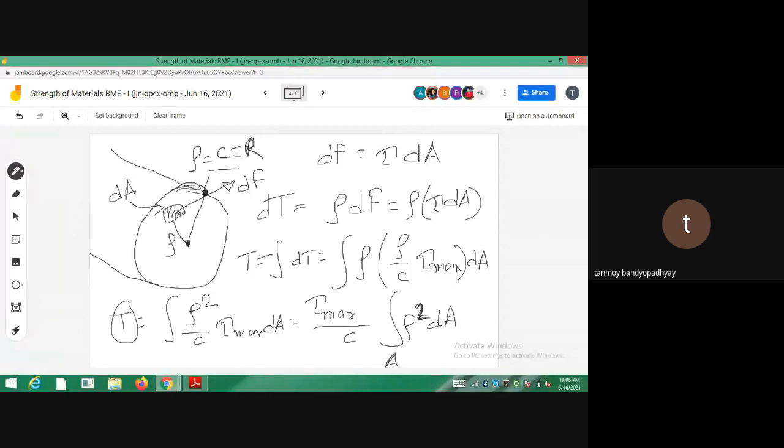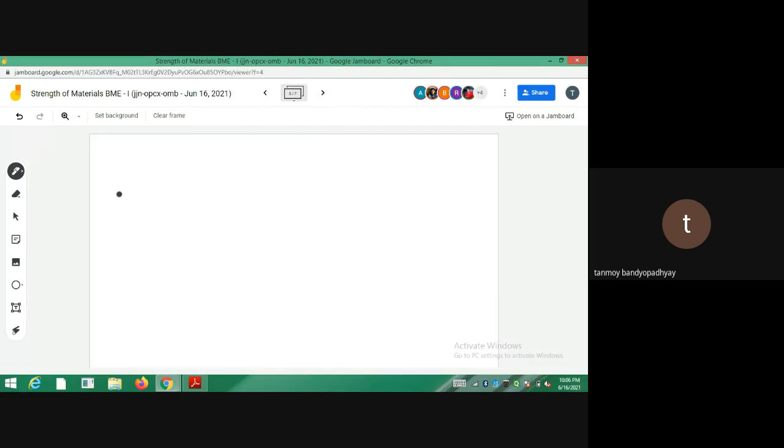Okay. So this is Z. So if I make it, this term is actually your I. What do I mention it with? Sorry, J. There are so many notations in many books, and since I follow many books, I also get confused sometimes. So T will be equal to, and J is the polar moment of inertia.